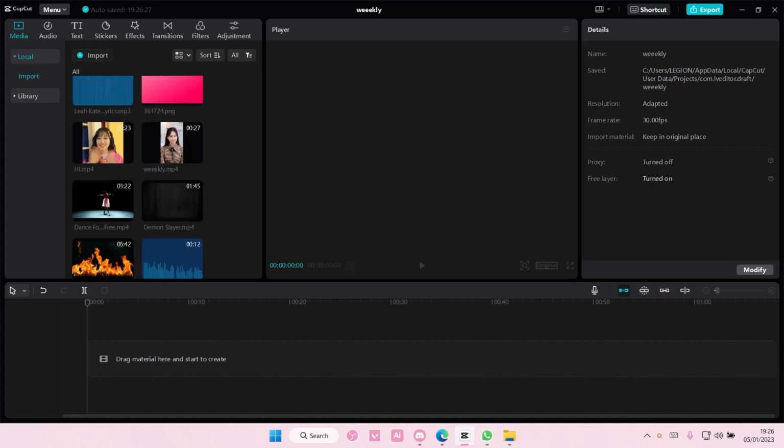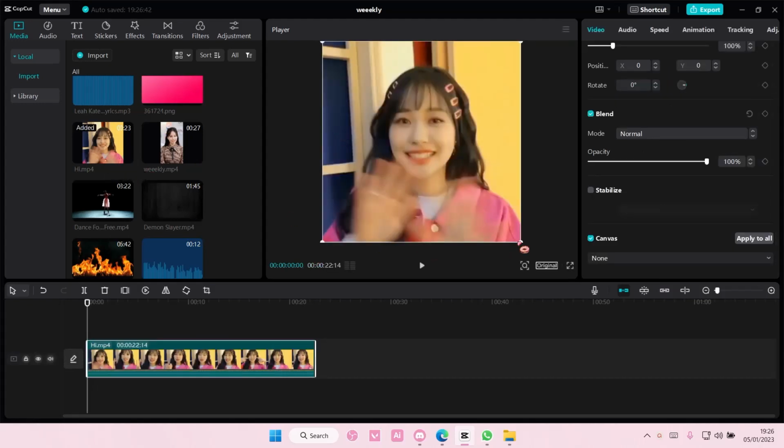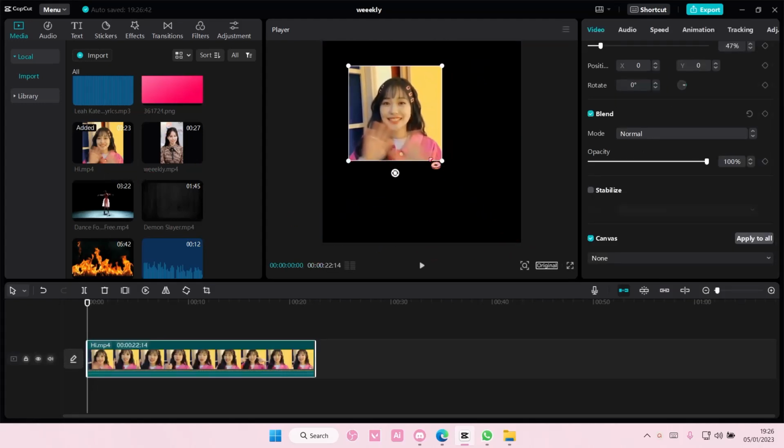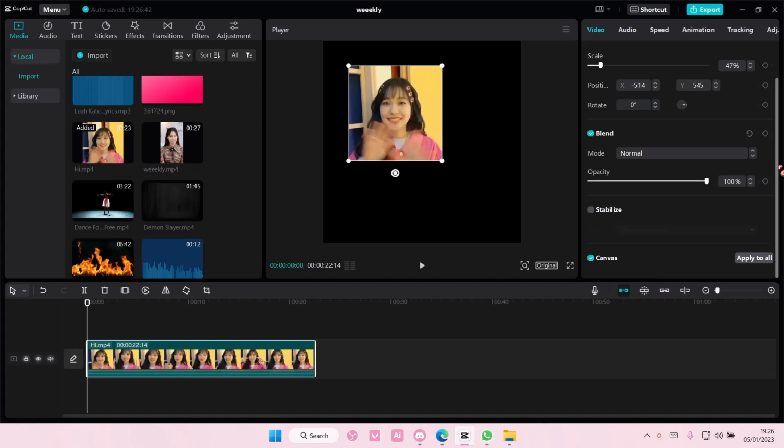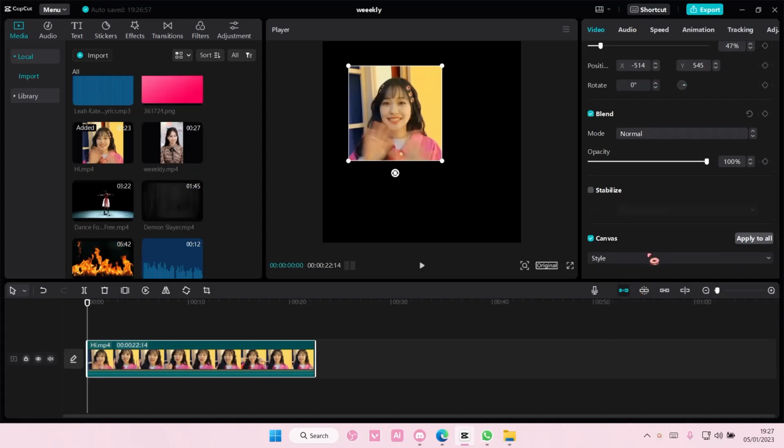In this video I'll be showing you guys how you can create this notebook theme video on CapCut PC. So select your video, and I'm just going to make it smaller so you guys can see the background. Select canvas, which is down here, so scroll it first if you can't find it, and then select this arrow